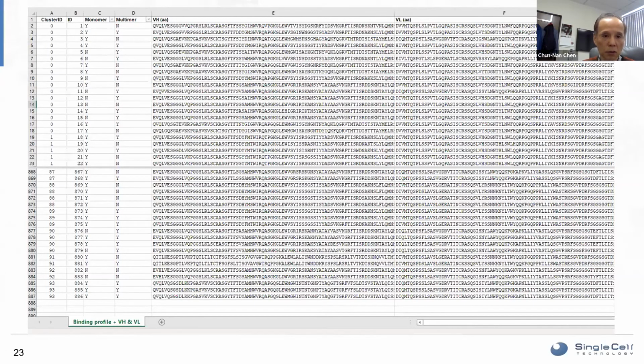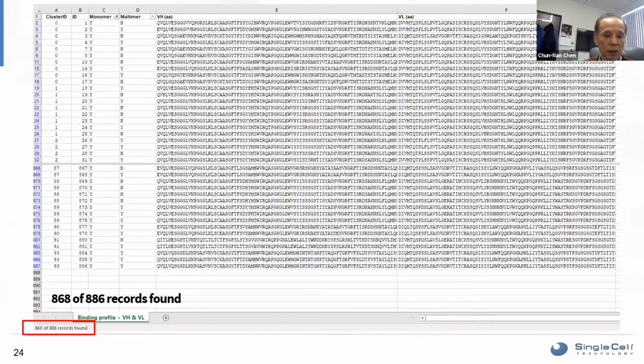And if I do some sort of filtering, if I filter for just the ones that bind to the monomer, I find 868 of the records out of the 886. So obviously most of the antibodies that you find will be against the monomer, which is not too surprising because that's the basic unit of it. Even though you injected the multimer, they will bind to an epitope that is present on both the multimer